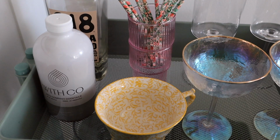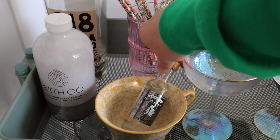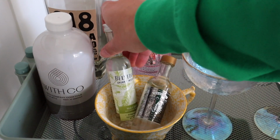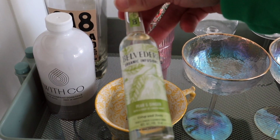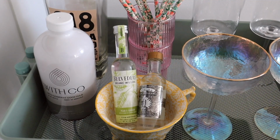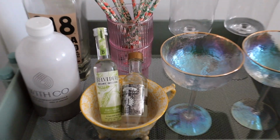Guys, I figured it out. Oh, these little shooter bottles that, again, were just hidden in my pantry. This one's good for spring. Pear and ginger vodka. How cute. I'm obsessed. Before we get to the closet, I actually want to go through and clean out my skincare and